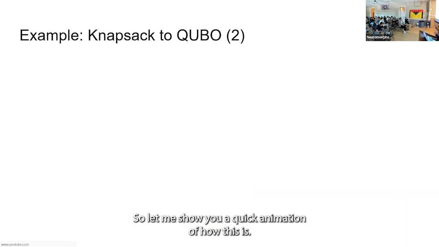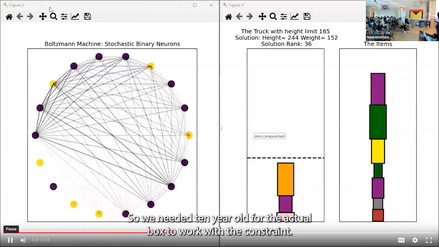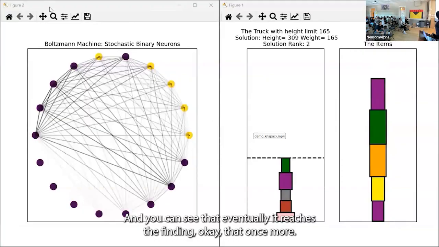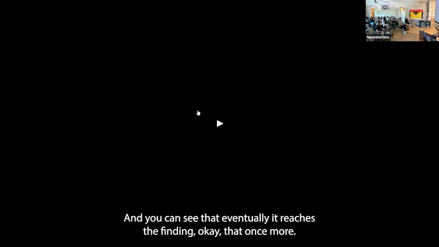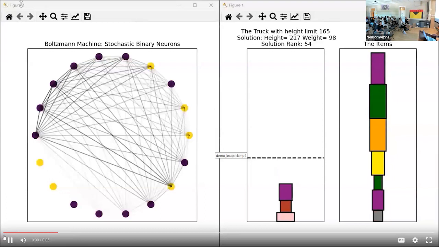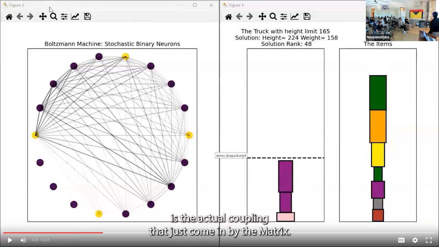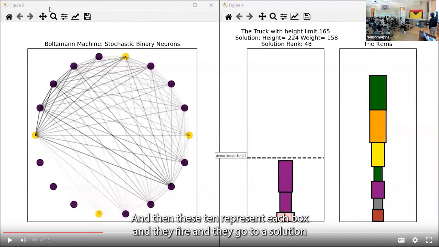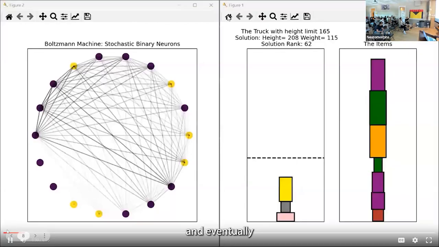So let me now show you a quick animation of how this is. We did that. So this is solving this problem with 18 neurons. So we needed 10 neurons for the actual boxes and 4 for the constraint. And you can see that eventually it reaches the final. I'll play that once more. So you can see that this is the actual coupling that's determined by the Q matrix. So the thicker the color, the thicker the line, the bigger the weight. And you can see that these 4 auxiliary neurons are actually just enforcing that height constraint. And then these 10 represent each box. And they fire and they go through a solution. And eventually,